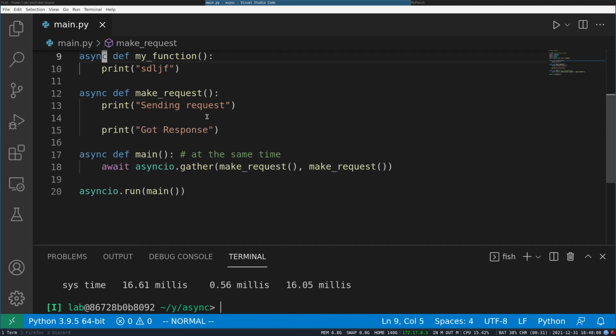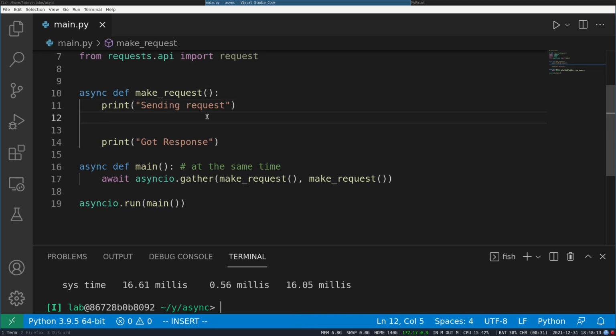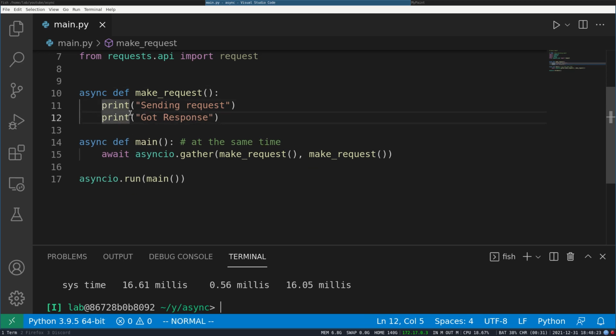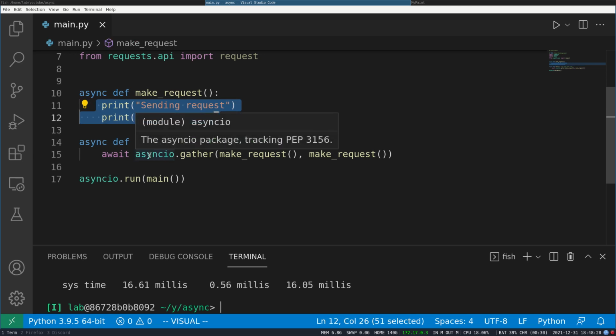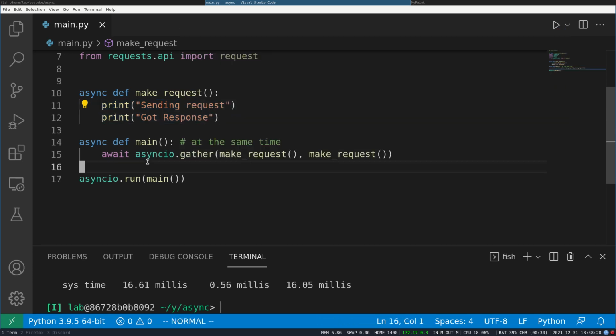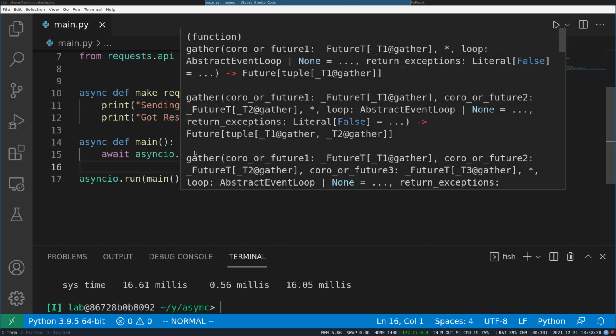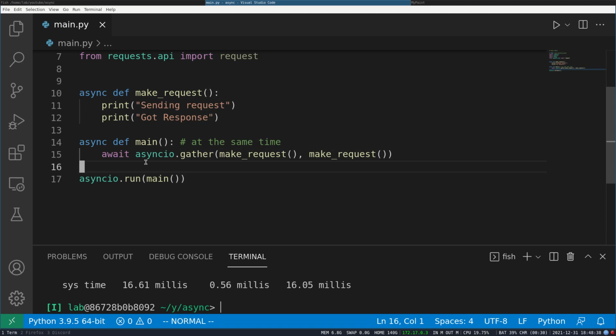So yeah, basically the point was that if you don't use await, if you don't use an async function inside another async function, then there is no use, right? There is no time when you are waiting here. You have a task to do. So async cannot work here. Async only works when you have to wait for something, and then you can say, while I am waiting for that, execute this function. So gather is one example where you can put multiple async functions and it will run all of them.